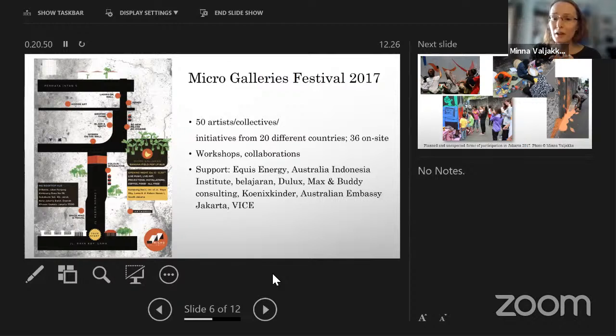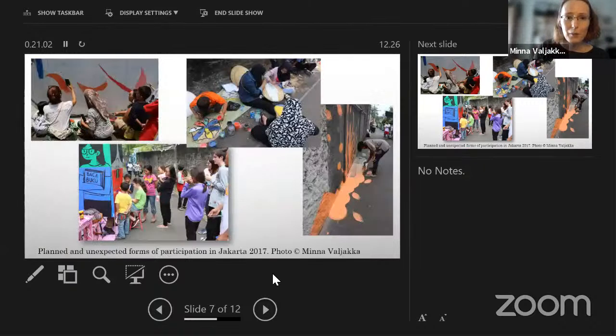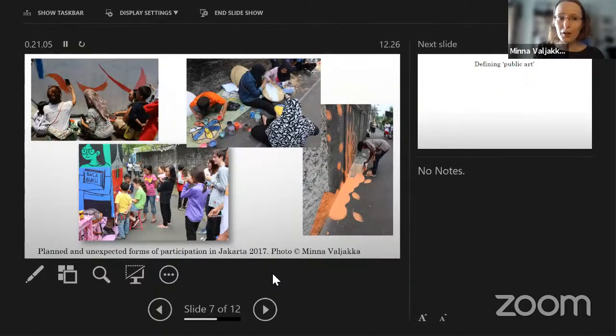And these kinds of tendencies are very important when we talk about public art today. Who gets to do what? Who gets the funding? Who manages to pull through these projects? So just as a couple of examples, there were a lot of planned and unexpected forms of participation in this